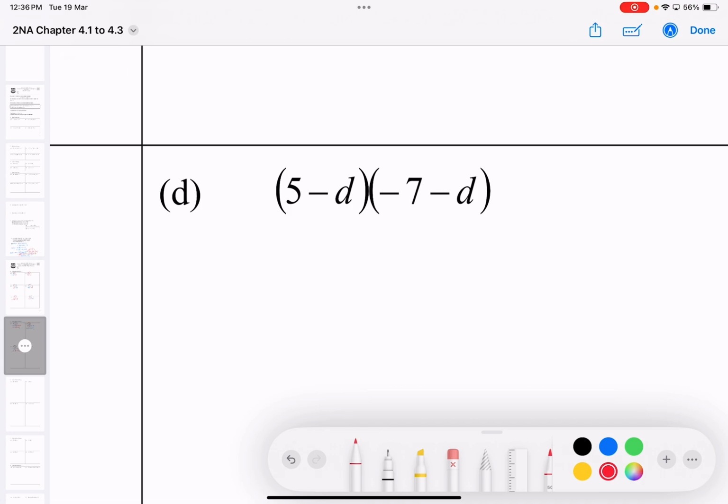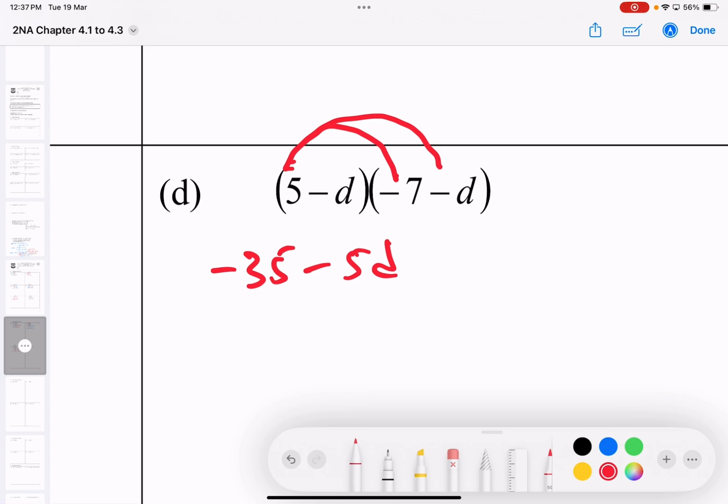I don't care about the negative d first. Don't care. Do the rainbow method. 5 times negative 7 gives me negative 35. 5 times negative d gives me negative 5d. After I have done two expansions for the first one,